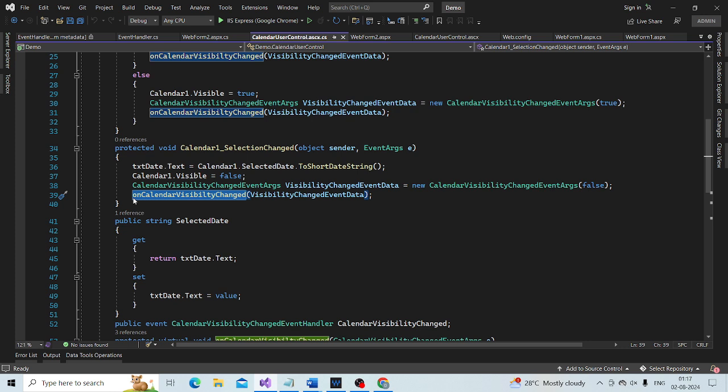Which event? OnCalendarVisibilityChanged is the event. And then the object is now received in the event handler.